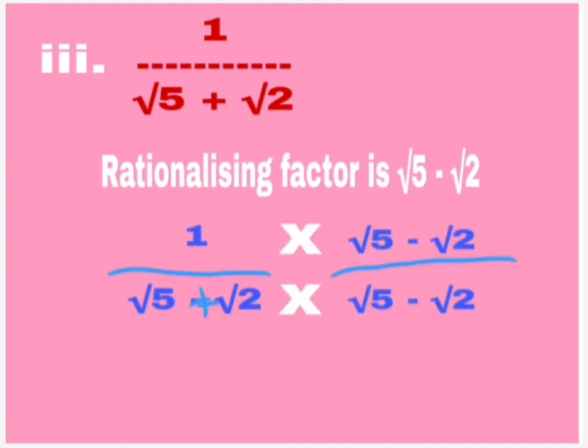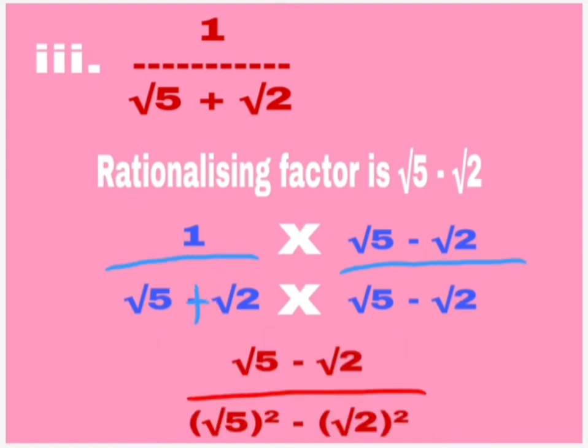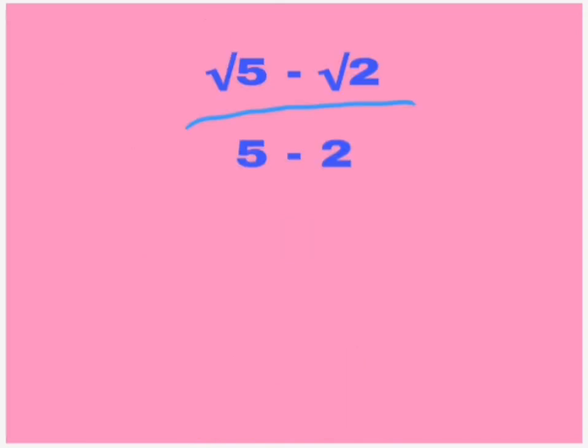Okay, next we are doing the multiplication. 1 by root 5 plus root 2 into root 5 minus root 2 divided by root 5 minus root 2. When we multiply, again you can observe one thing: in the denominator you have a plus b into a minus b form. So here also you can use your identity to solve your question easily. Next we multiplied, and we got root 5 minus root 2 in the numerator, and root 5 whole square minus root 2 whole square in the denominator after applying the identity. Now let us simplify this.